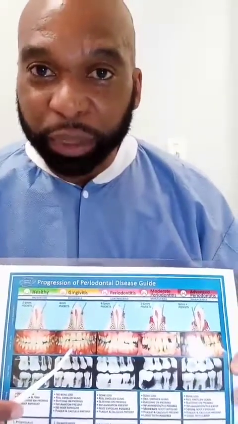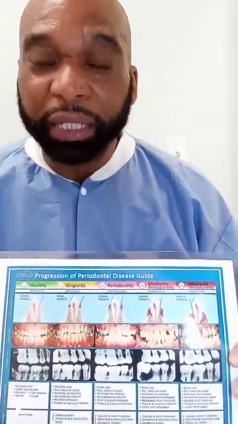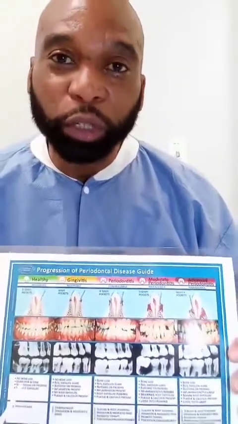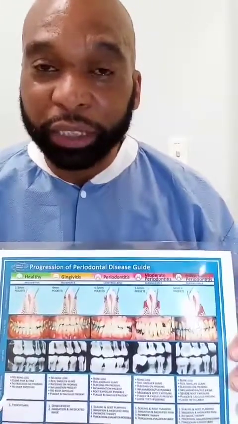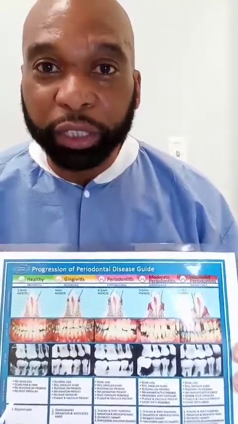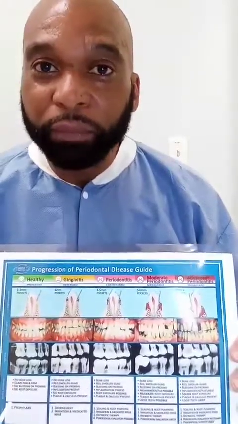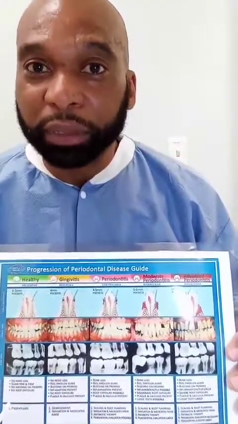The reason for that is because as you get bone loss, you get what we call deeper pockets. And as those pockets are deeper, you have to go to your dentist and have those teeth cleaned more frequently because the pockets are deeper and they can easily get reinfected. And so usually your dentist or oral health care provider will put you on maybe a 3-month or 4-month recall to have the teeth cleaned or the gum treatment done to prevent the relapse of the gum disease